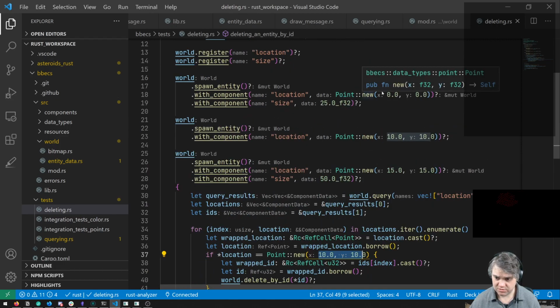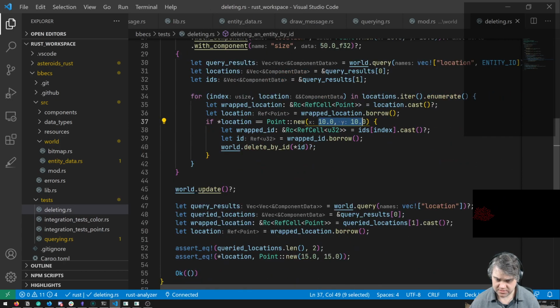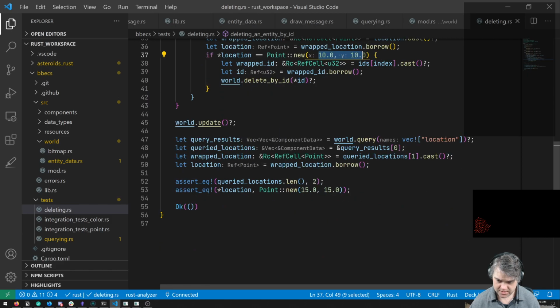So that's 0, 1, 2, the middle one. Now we want the last query location, so position 2, essentially. Application, we borrow that. And then we want query locations dot length to be 2. So we want 2 of them out here.